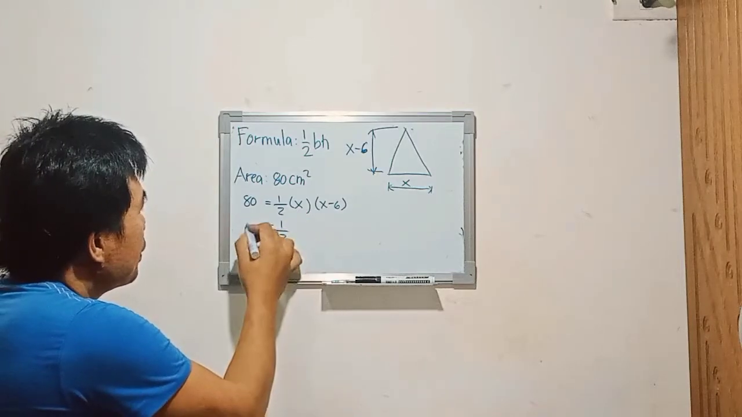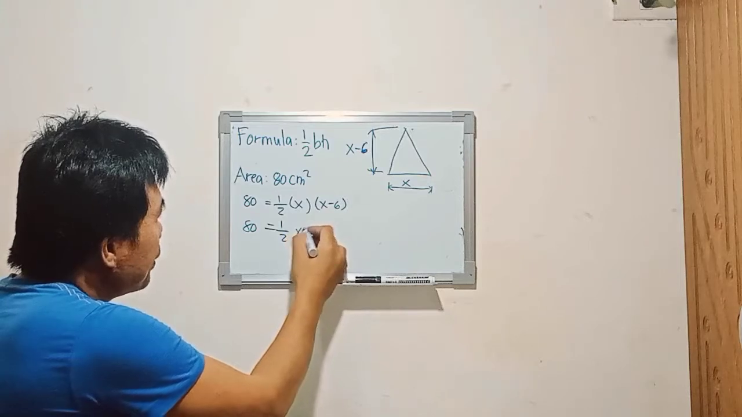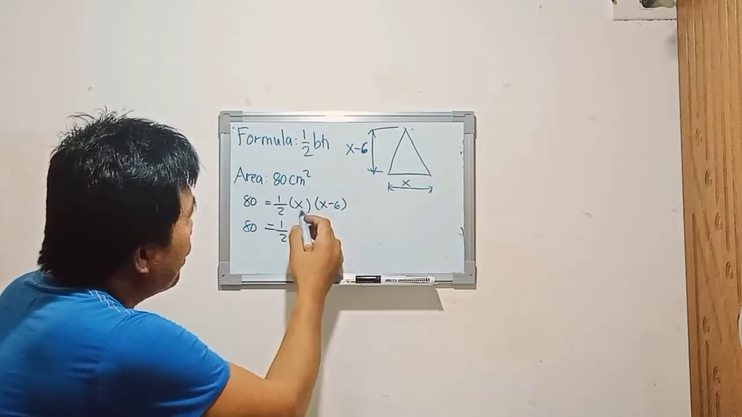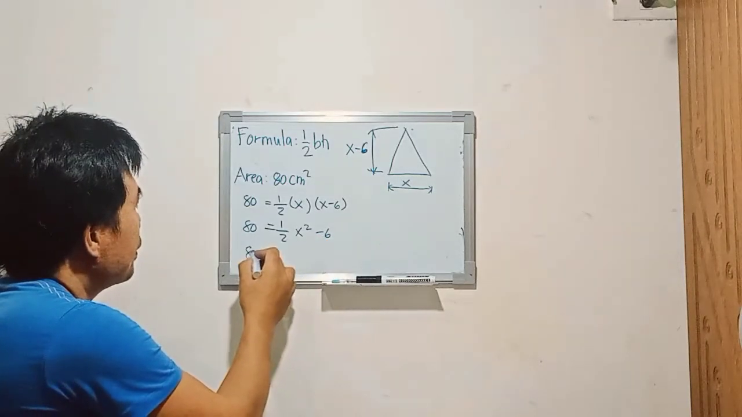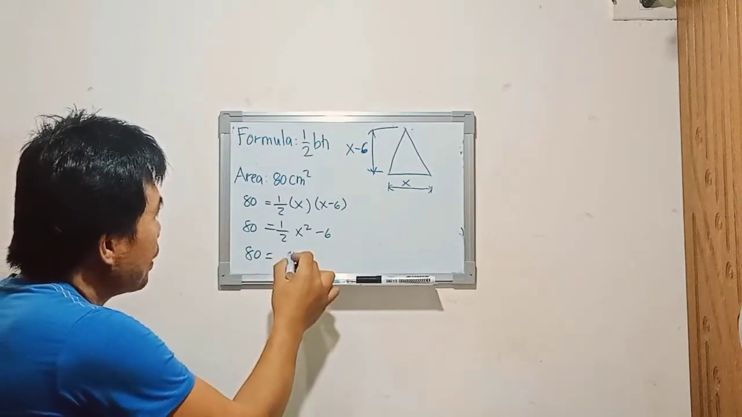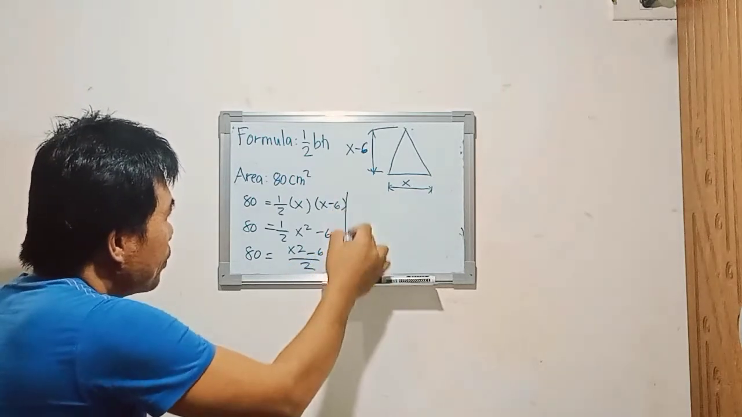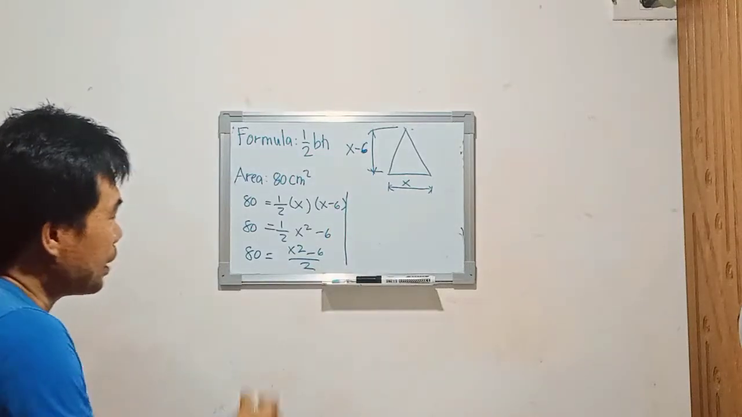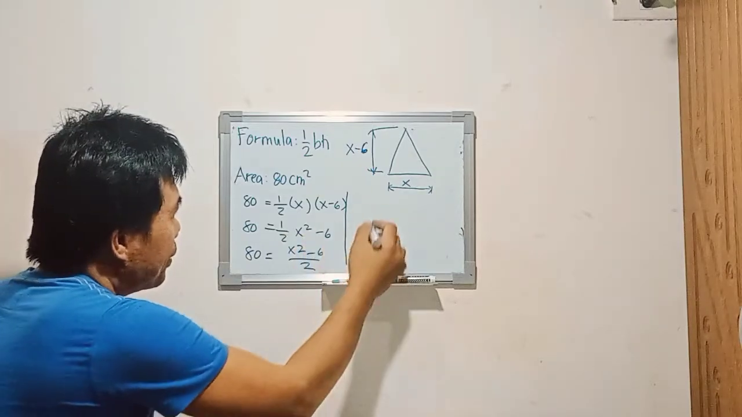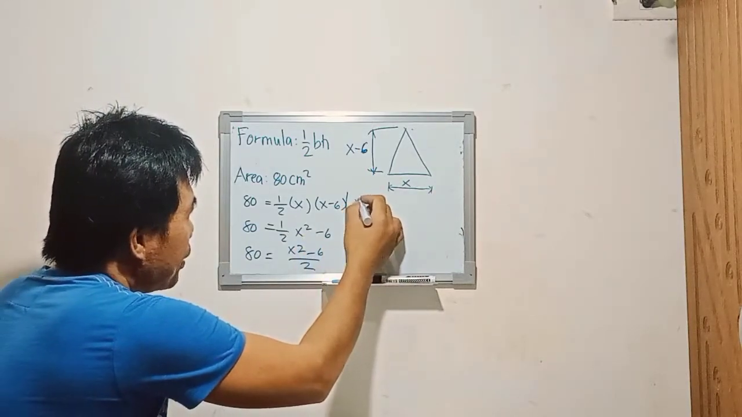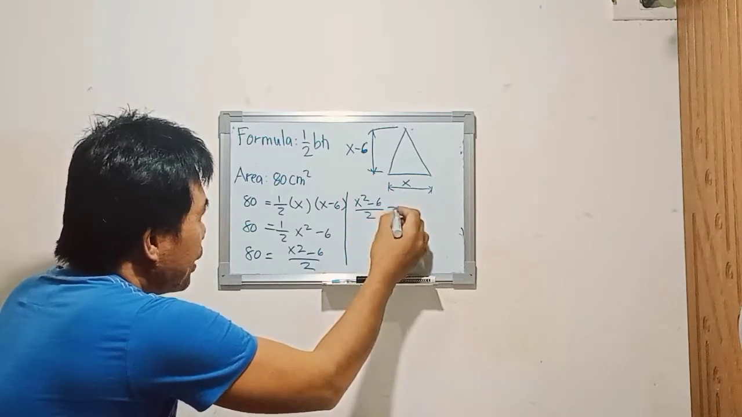So 1/2. x times x is x squared. x times minus 6 is minus 6x. So therefore, 80 is equal to x squared minus 6x over 2. Okay, so next step is to transpose this 80 to this side. So it will become x squared minus 6x over 2 minus 80